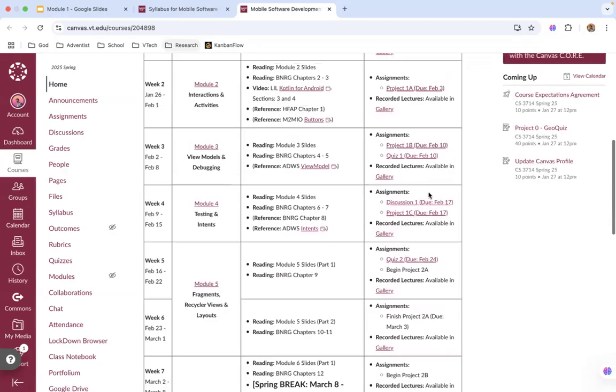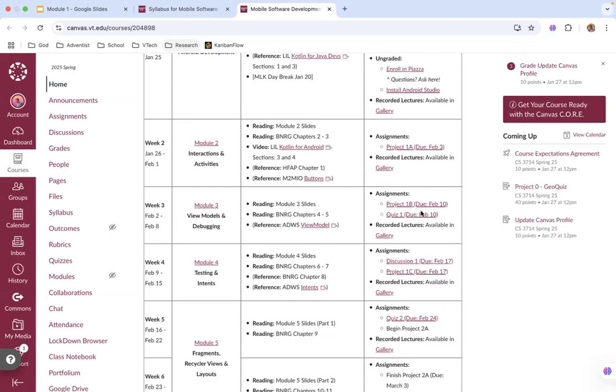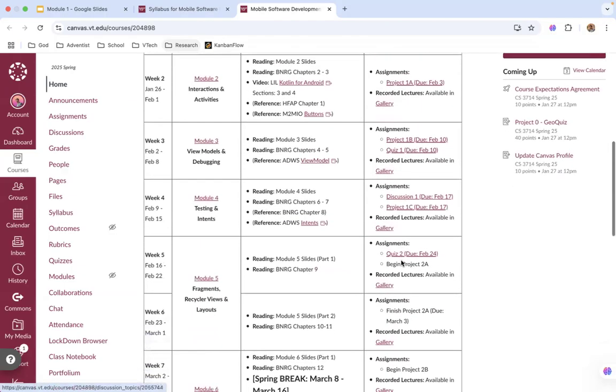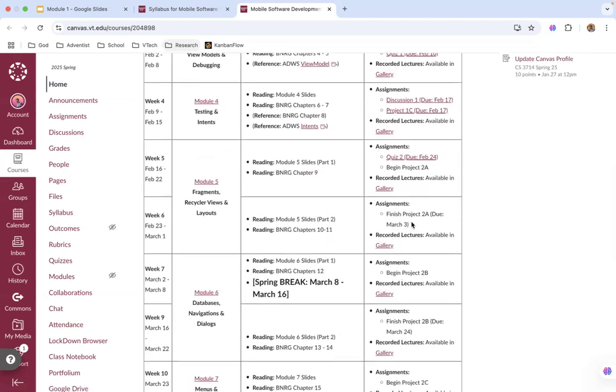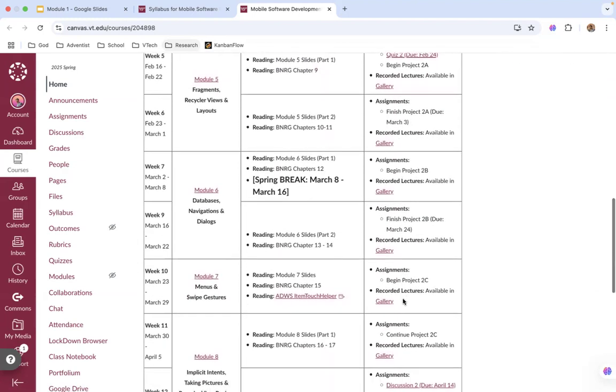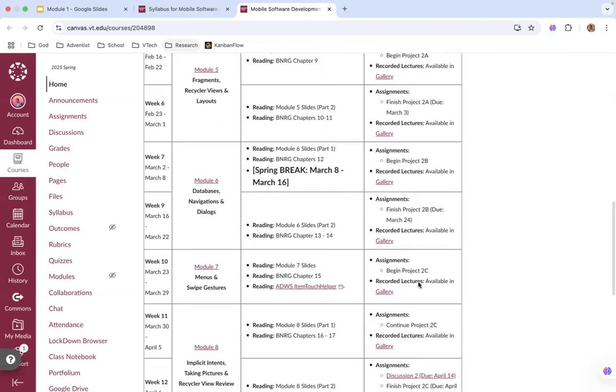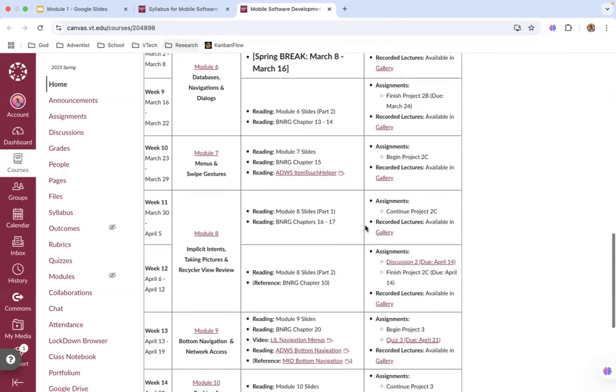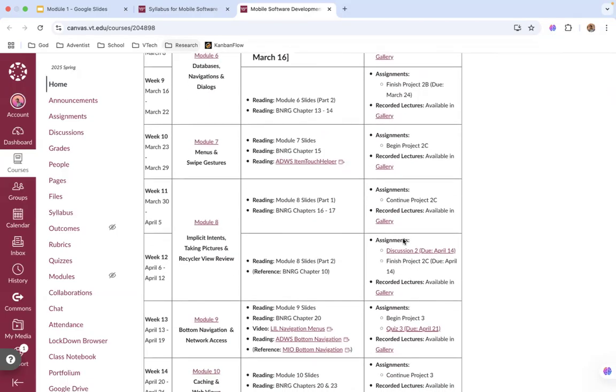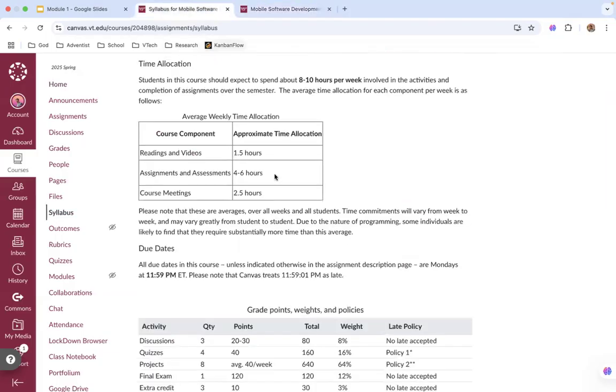Most of the projects for 1 are going to take 1 week, and they're going to be short projects. For 2A, 2B, and 2C, it's going to be like 2 weeks each. Actually, 2C is going to be 3 weeks, and then project 3 is going to take you 3 weeks. So that's how much it's going to take for you every week. Course meetings, it says 2.5 hours. I don't think so. Maybe I can even finish everything that I need to finish for this module this week